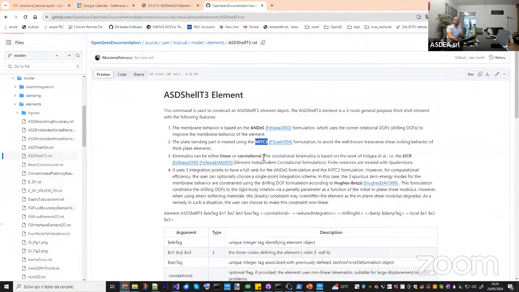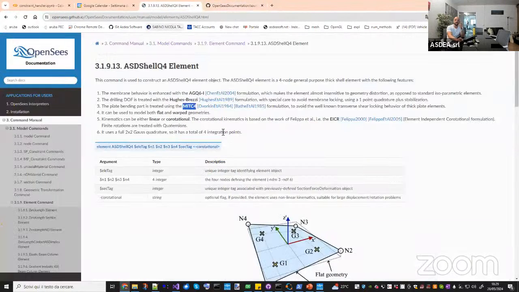But there was already another shell element that was based on the MITC4 formulation in OpenSees, which is the ShellMITC4. So why did we implement this new element? For a couple of reasons. The plate bending part is only one part of the shell, okay? So it's the out-of-plane behavior. But the shell also has a membrane behavior and other things about how it behaves in large deformation or in nonlinear analysis. But what was important was the